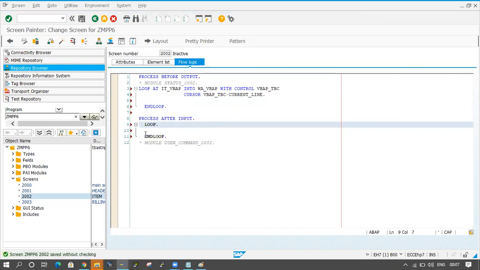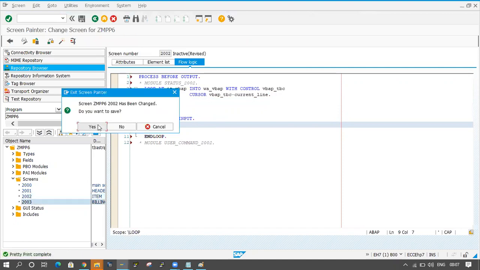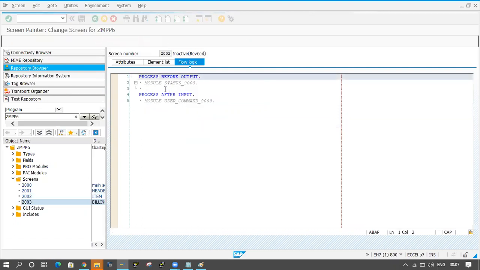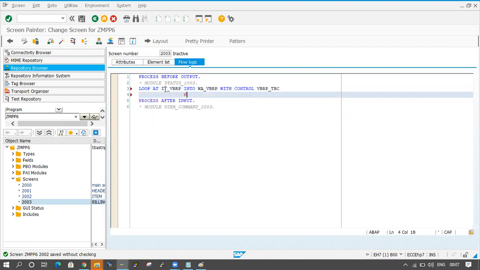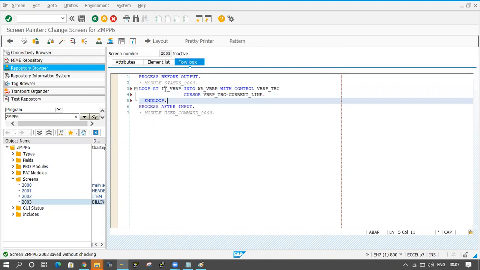So I'm going for 2003. In the 2003 also I am using a table control. So I will write here also loop at IT_VBRP into VBRP with control VBRP_TBC.